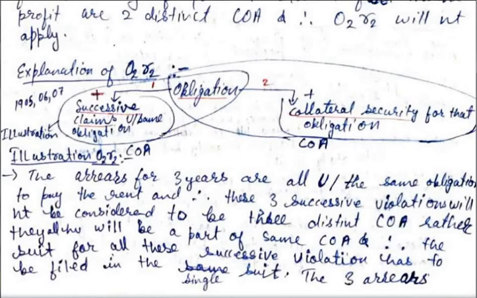ठीक, अब will you file the suit separately for 1905 और 1906 और 1907, अलग अलग सूट करोगे, or you will claim all of them in the same suit? So that is what the explanation says, that they will be considered to be constituting the same cause of action। ये डिस्टिंक्ट कॉज ऑफ एक्शन नहीं है, इसलिए अलग अलग सूट नहीं करोगे। तो जिस दिन भी आप सूट फाइल करते हो उस दिन जितने भी एरियर्स ऑफ रेंट हैं, you have to claim all of them, and if you do not do that then it will be said that you have relinquished the claim, and if you have relinquished the claim then clause 1 और 2 याद करो, बाद में relinquished claim के लिए दोबारा सूट नहीं कर सकते।